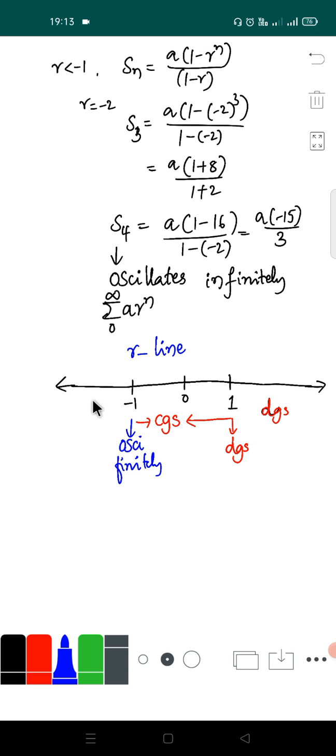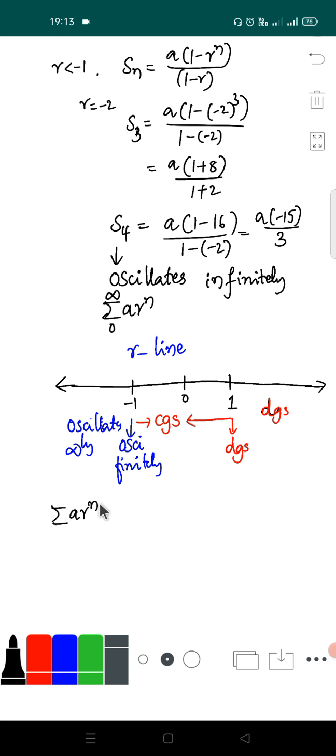If r is less than -1, then it oscillates infinitely. So now I try to amend the statement that I gave before, that in a geometric series a r to the power of n,